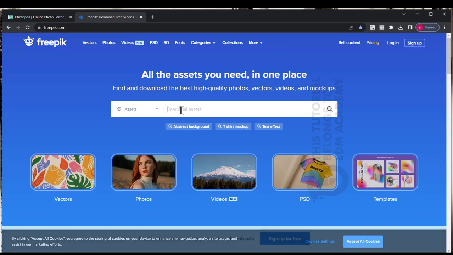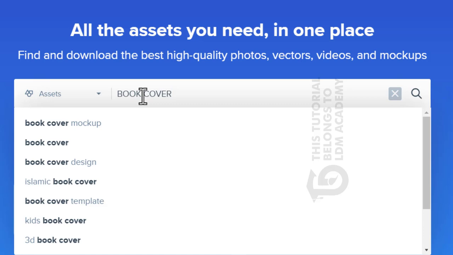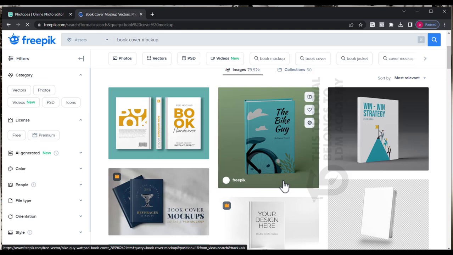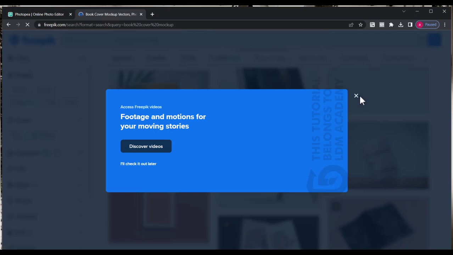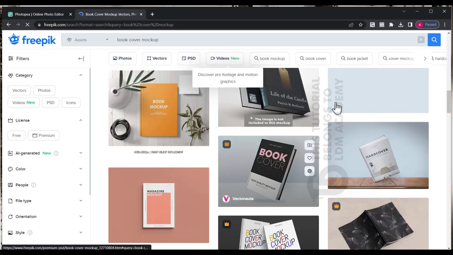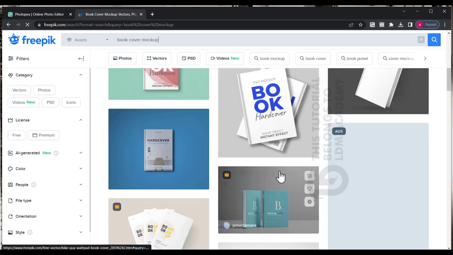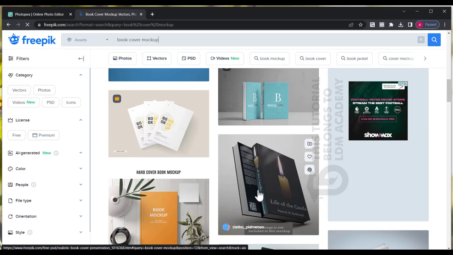Now let's move on. So we're going to search for book cover mockup. All right, book cover mockup. Awesome. All right, so we can see so many book cover mockups. So many of them here. Right, so all you just have to do is to make your choice. You select the one that you prefer, but the only thing is that those with the crown icon are premium mockups, meaning that you can't download them if you are not ready